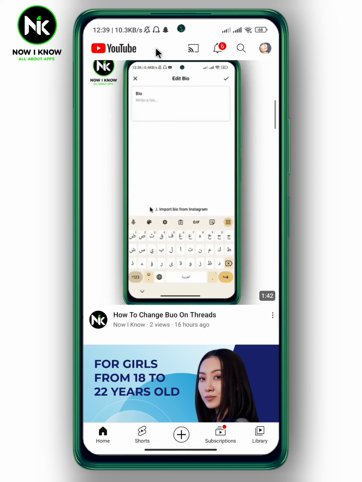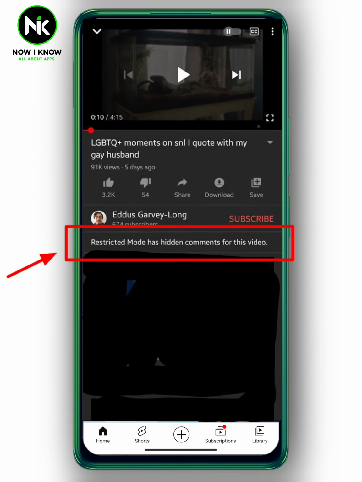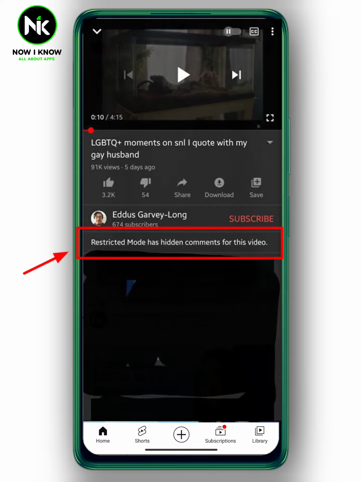Well, after opening the YouTube app, when you try to look at some of your comments and you see that message, it means there's a restricted mode on your videos in your settings. And to fix that problem,